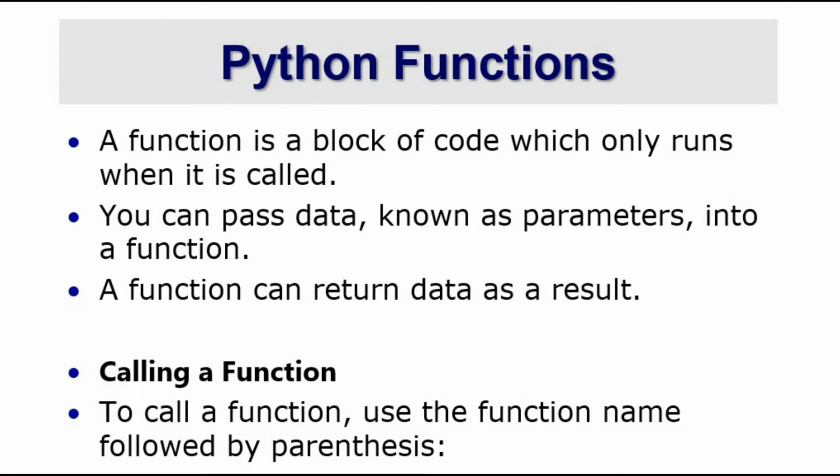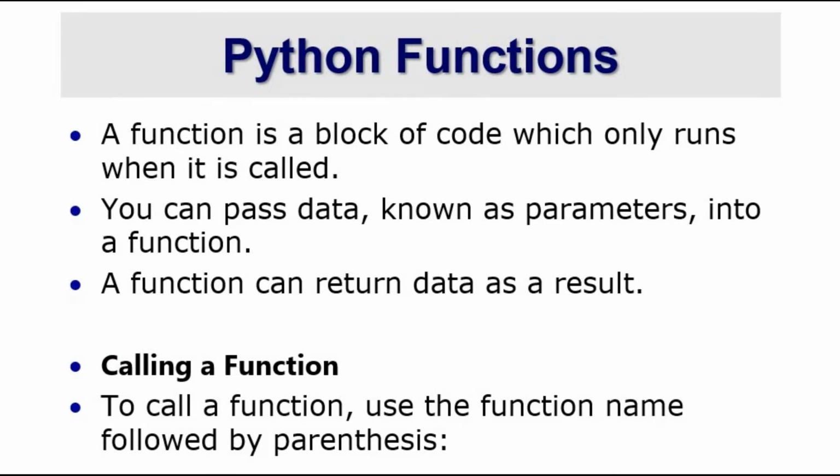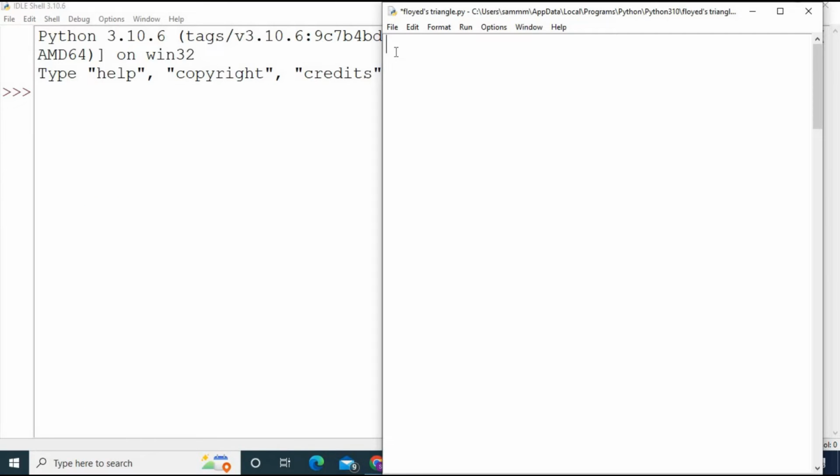So now let's jump to the code editor and see how we can declare a function and how we call it. Okay guys, right now I am in the code editor and I'm going to declare a function. Its syntax is we use the def keyword. def stands for definition. Then we can give the name of our function. It could be any name, like I am using my func, just to show that this is a function. And now I'm typing a block of code which is like print